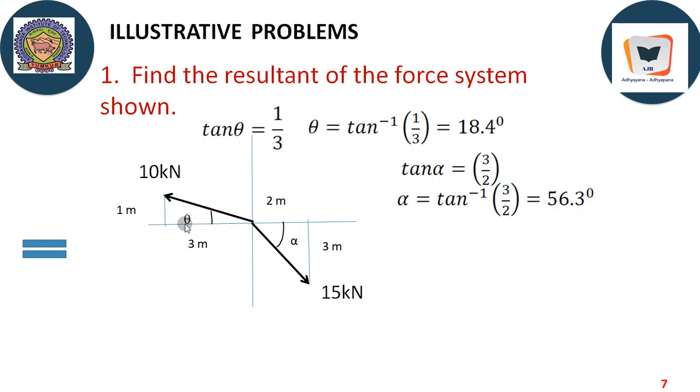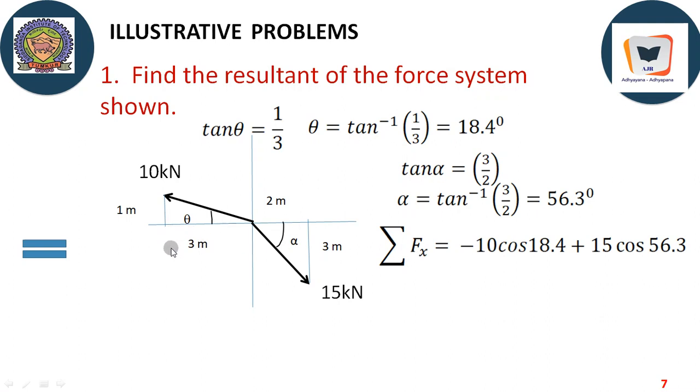And of course, since our horizontal component and vertical component reduce to cos theta and sin theta, we can also find out the length of this line. Assuming that it is a simple line, it is square root of 1 square plus 3 square. We will get this hypotenuse dimension, and we can also use these ratios directly whenever we use sin theta and cos theta while we resolve the forces. And here sigma Fx equals